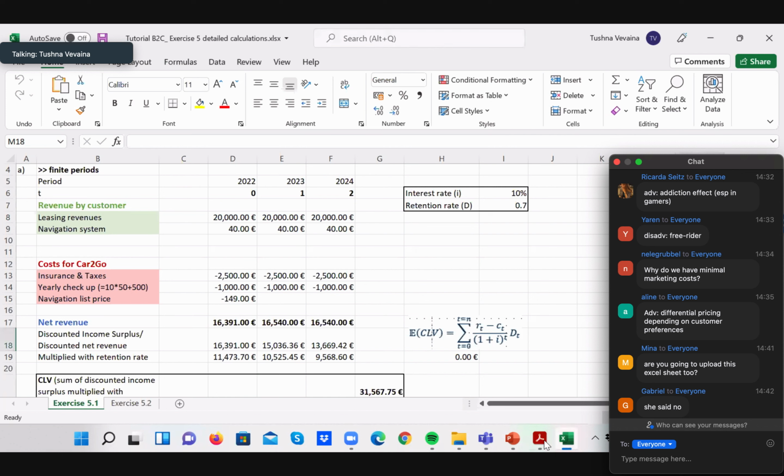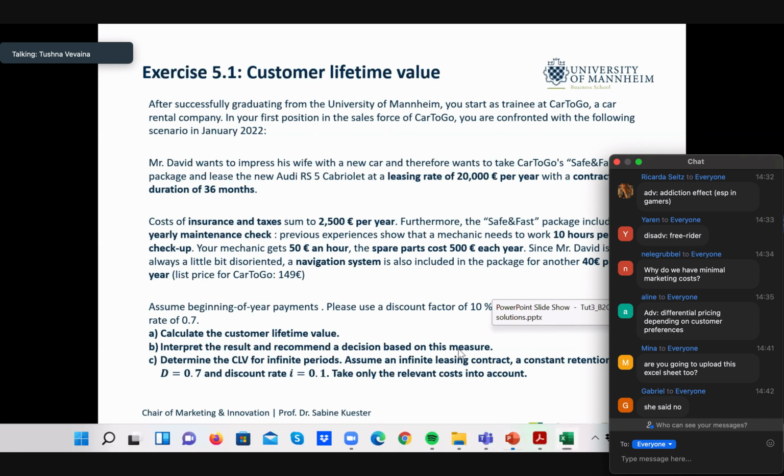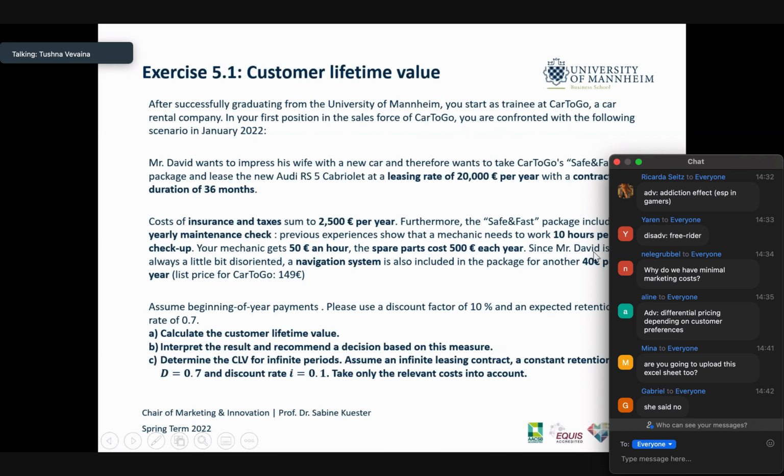So yeah, the navigation system, for example, became a problem for students to understand why it's a revenue. The wording of the problem is that over here you're saying that Mr. David is a little bit disoriented, and a navigation system is also included in the package for another 40 euros per year. So that means that he is going to be charged 40 euros additionally because you have for another,